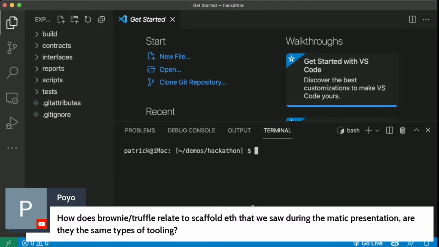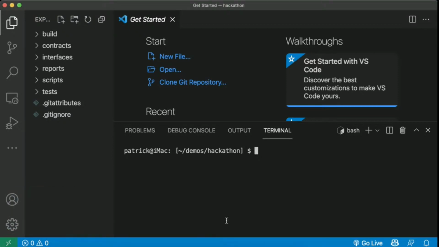So you can jump onto Scaffold Eth, you can fork a branch of Scaffold Eth, and you can spin up a user interface, a front end, a website really quickly, right? But Scaffold Eth is built on top of Hardhat, which is a framework like Brownie. So if somebody made a Brownie version of Scaffold Eth, it would be the same thing. It would just have Hardhat swapped out for Brownie. Great question. Scaffold Eth is great for spinning up websites really quickly and using that scaffolding.